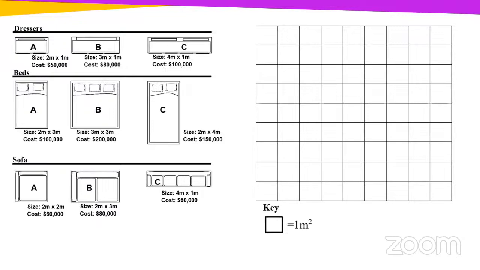I noticed that the grid has squares, and they mean that each square represents 1 meter. Look at it again. Based on the key, each square is what? 1 meter square. One squared meter. Good. What do you understand? 1 squared meter, what does that mean? It's 1 meter of the room. It's what? 1 meter of the room.